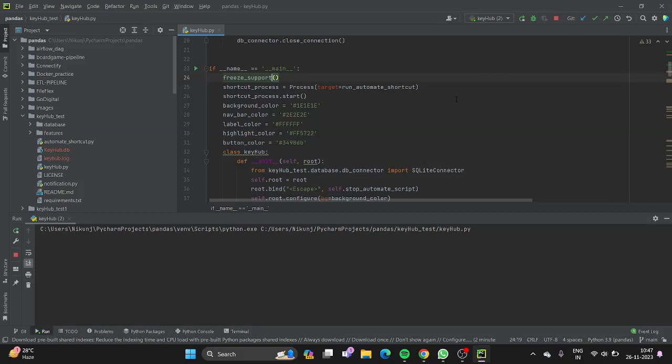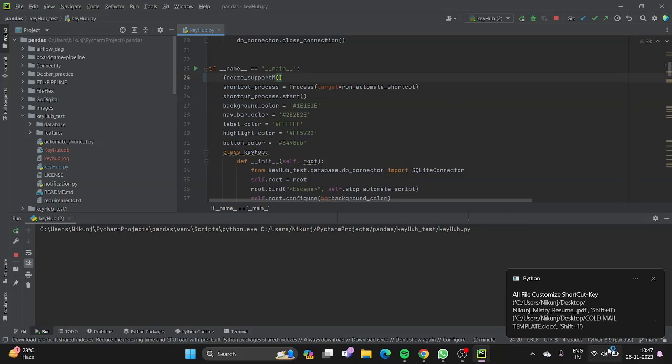Now I know the Windows shortcut key for the notification is Shift plus M. So you can see it came up that Shift plus 1 is the cold mail template, right? Okay, so I will do Shift plus 1,